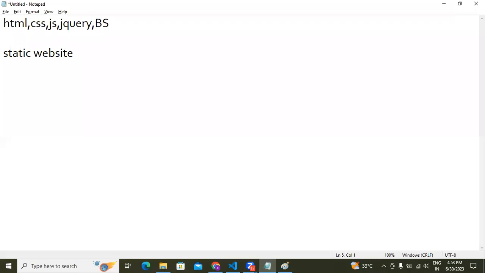Every time you would only check it on your laptop or your desktop. So there is no use for that, right? We have to launch that application. To launch the application, we have to use the concept called web hosting. So in this web hosting,